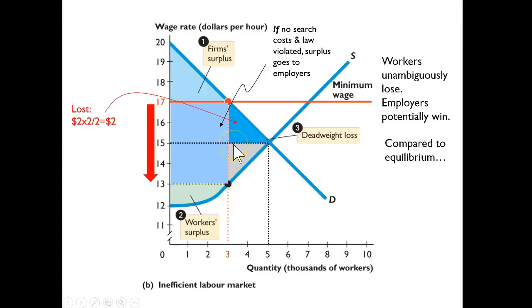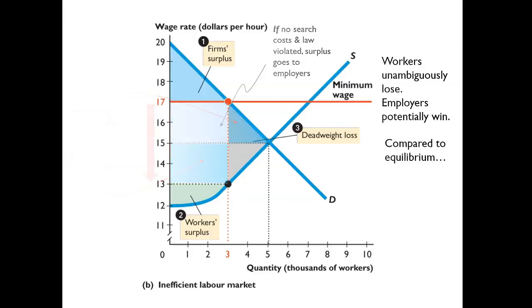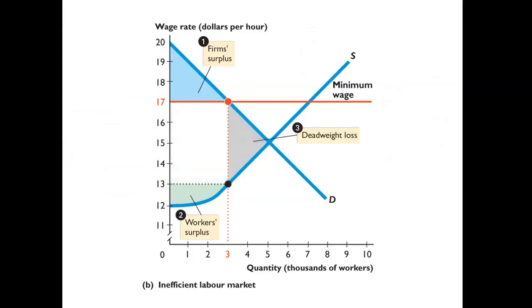But they gained in exchange this area here, which when we calculate it turns out to be $6. So we can clearly see that when the minimum wage is imposed but is not enforced strictly and a black market emerges, employers can potentially gain out of this arrangement. On the other hand, if the minimum wage is strictly enforced by the government so that a black market does not emerge,